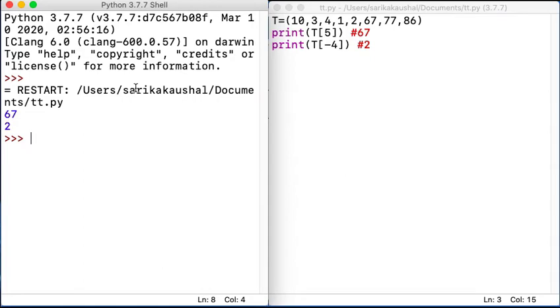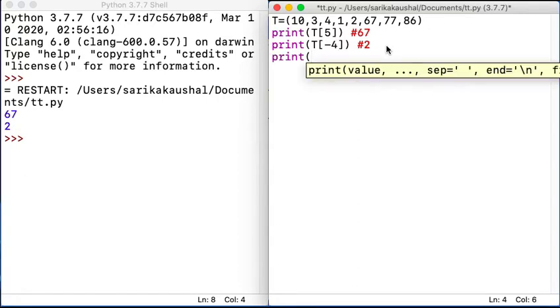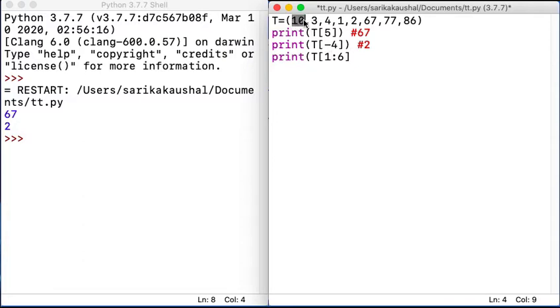Now we'll talk about proper slicing, where we extract a range of elements. When you specify just one index value, it extracts the one specific value stored at that index number. Now if I say print t, with a colon inside the brackets, t[1:6], that simply means I'm starting from index 1, but I'm not going till 6, I'm going till 5.